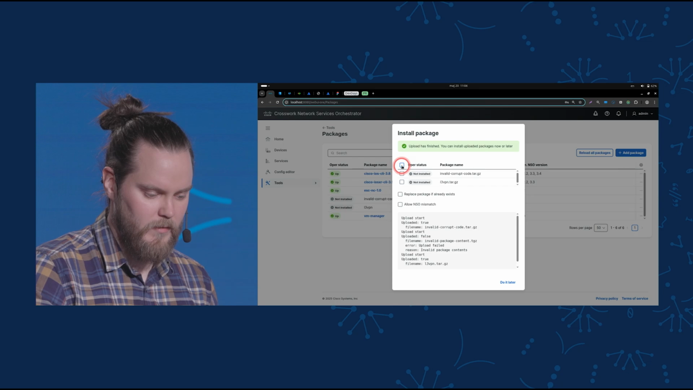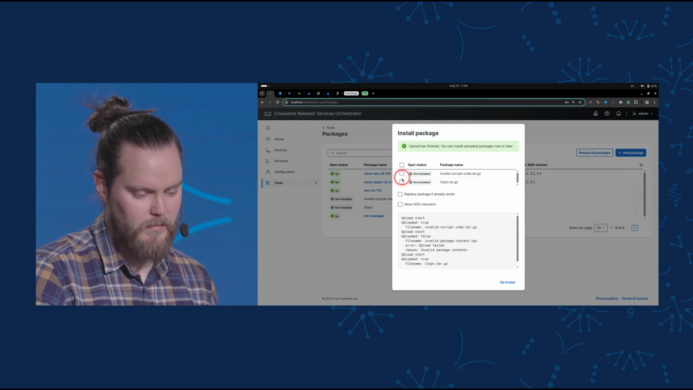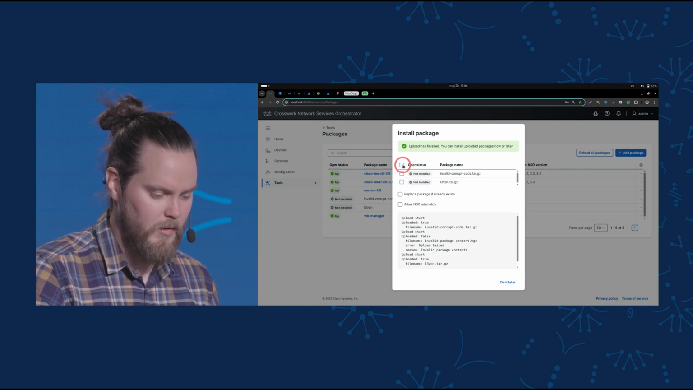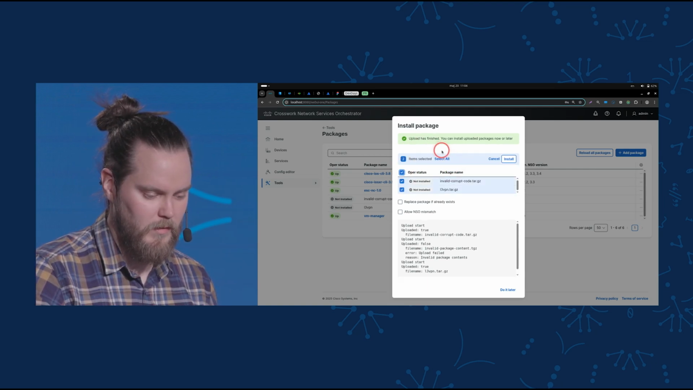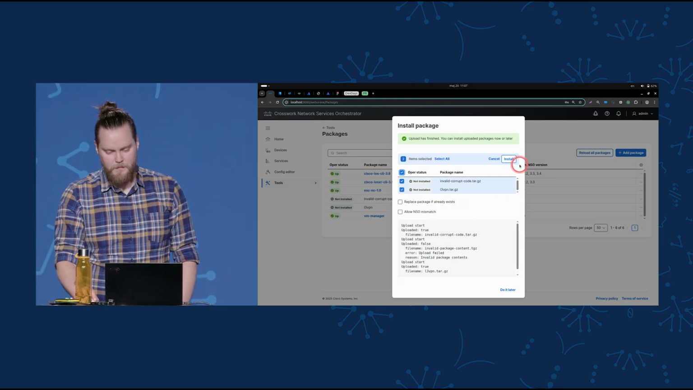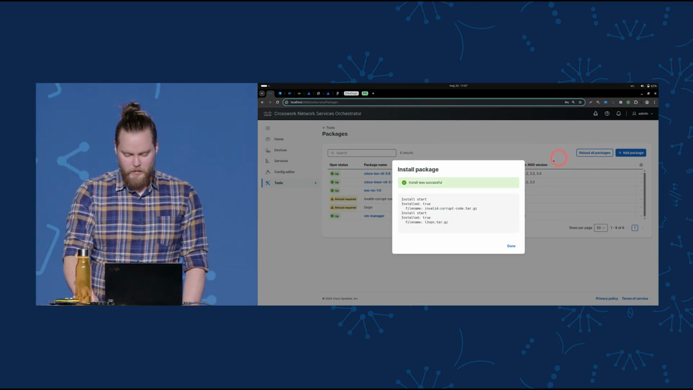Going forward here, we have install modal. We decided to not select this before, so we really want to be explicit with what you install so you don't make any mistakes. But I'll go ahead and select all my packages and go ahead and install them. There's more actions here, right? Options. So replace package if already existing if you need that, or allow NSO mismatch. But when I install,